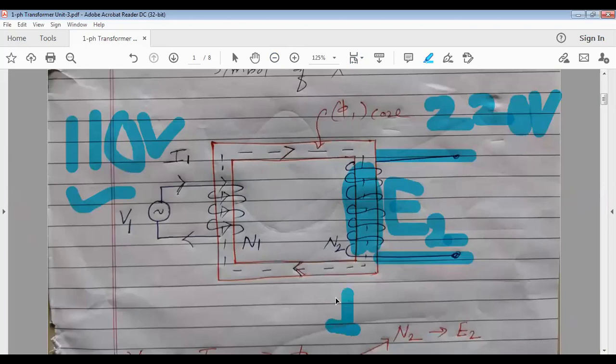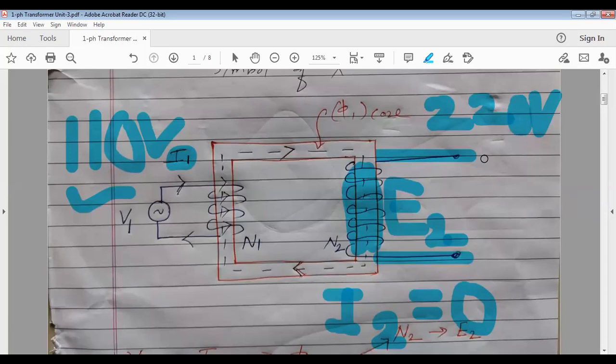So when the transformer is on no load, meaning no load is connected across the secondary, the secondary is open. In that case, the EMF induced in the secondary will be approximately its rated voltage, which is given on the nameplate of the secondary side. So approximately this E2 will be 220 volt here, but current will not flow through the secondary because it is open. That's why I can say I2 is 0. If I mark the current flowing through the primary as I1, then I2 is the current flowing through the secondary, and that will be 0.